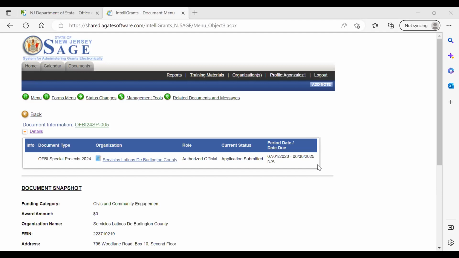Rhonda Wagner, when completing the section on collaborators, will the Sage allow you to copy and paste information from those letters, or will you need to summarize that information by typing it in manually? Now, you can copy and paste. Like if they send you a Word document, you can copy and paste it and put it in there. You have 1,500 characters per text box, per collaborator. So you should be fine.